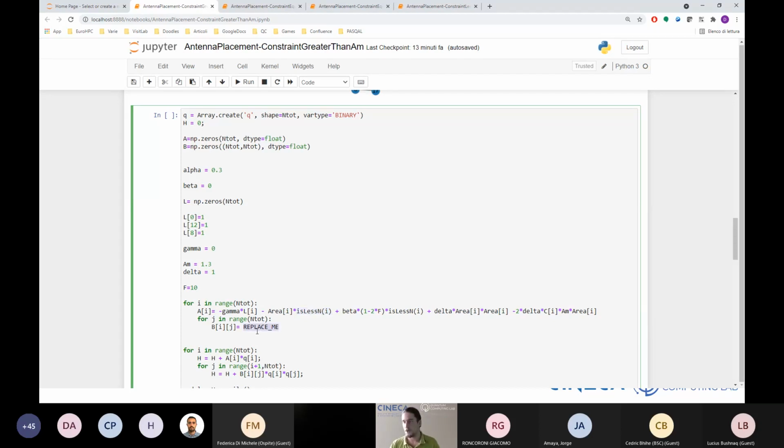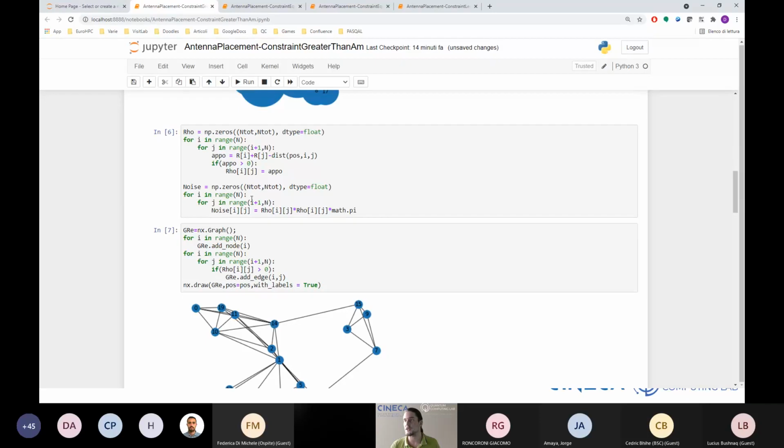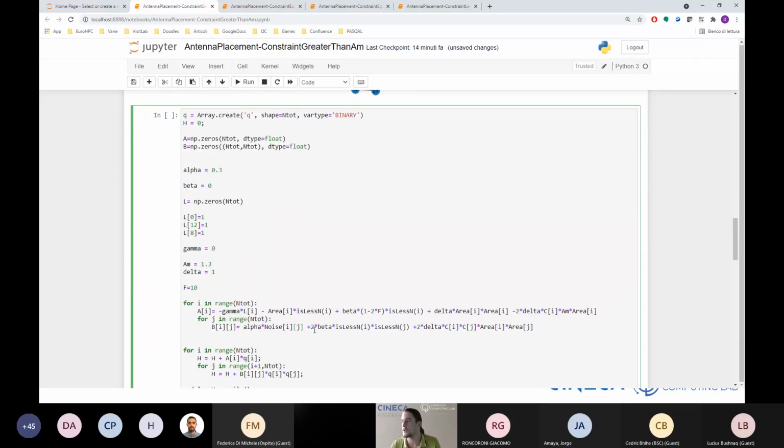Okay. So for the same reason, I can write the quadratic part in this way. So alpha star noise ij. Here I cannot use the function to guess if the qubit is fake or real, because I know that noise in this case, like the other inequality case, is different than 0 only for the first n qubits. Okay, so this time here I'm okay. I don't want to do anything. This part here, the star beta, needs to be rewritten, and this time I have to use this function 2 times, because I want that this part is true only if both of the